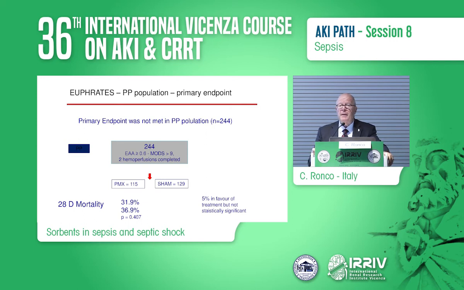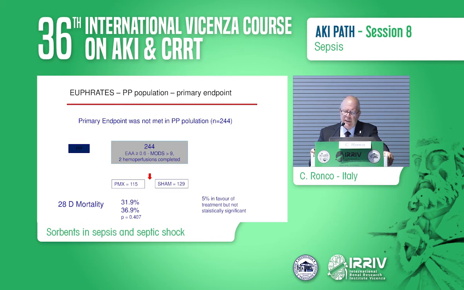The other paper, the Euphrates trial, is unique for certain reasons because it is a blinded study. So the centers had to blind and make a sham extracorporeal circulation. I think it was just a fantastic setting that must have cost a fortune. It did not meet the primary endpoint. However, there is a kind of signal, a 5% difference in favor of the treatment, but not statistically significant. However, the number of patients in the study makes me suspicious that the study may be